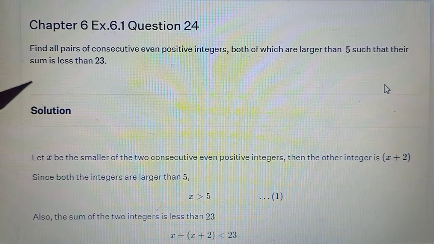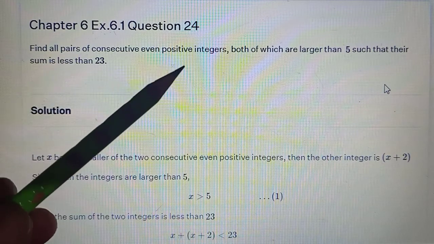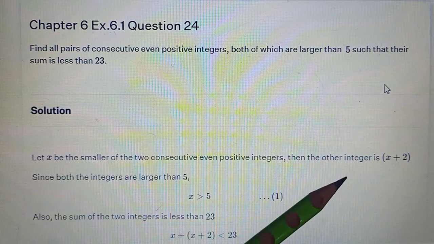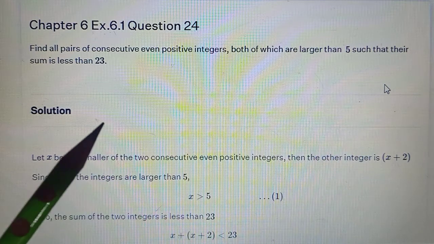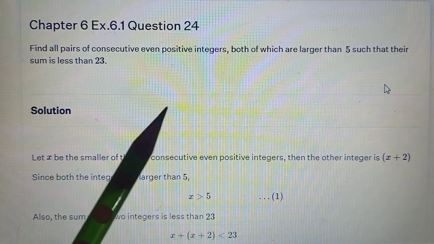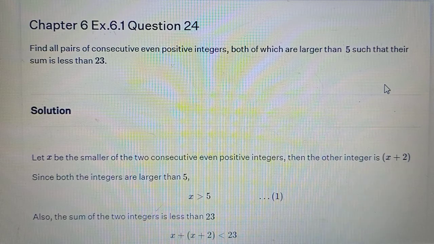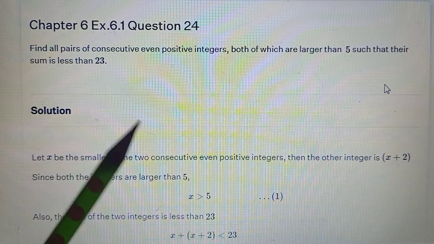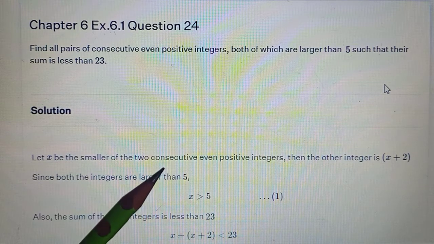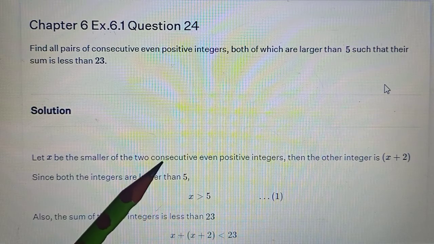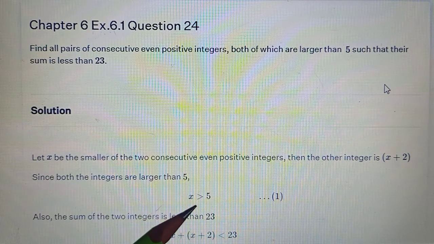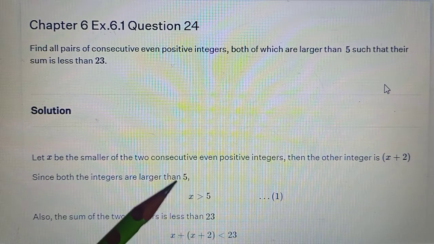See, the next one is also similar only, children. Okay, pair of consecutive even positive integers larger than 5. Okay, so x and x plus 2, again you will assume, because be it even, be it odd, both of them have a jump of 2, then plus 2, 4, plus 2, 6, plus 2, 8. That way it goes. Okay, and their sum is less than 23. So first, x should be greater than 5. x plus 2 should also be greater than 5. That is how you'll get it, which will give you x should be greater than 5 minus 2, means x should be greater than 3.